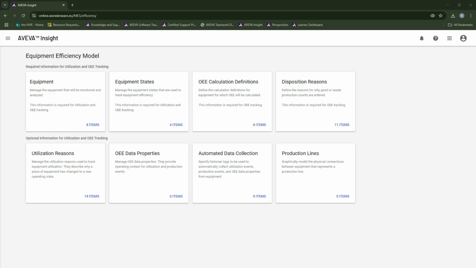I'm a system architect here at Solutions PT, and this is part two of our guide for how to set up the performance module in AVEVA Insight. In part one, we discussed what the Insight performance module is, and we set up the mandatory sections by defining